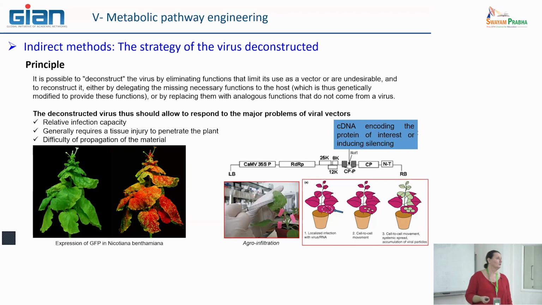The red light under UV corresponds to which pigment? Chlorophyll, yes. You can see that all of these cells are chlorophyllian cells. They are green in natural light. They become red under UV. And you see that also in this new generation of leaf, you can observe high green fluorescence, which corresponds to the expression of this protein during the infectious process in this particular new organ.